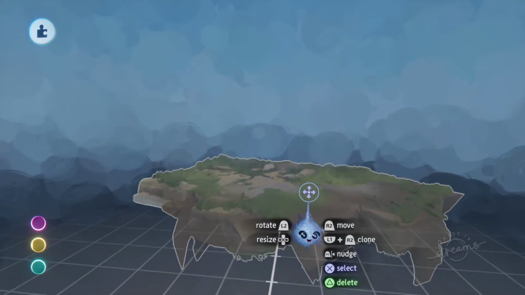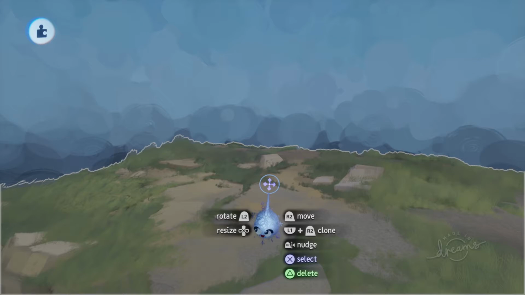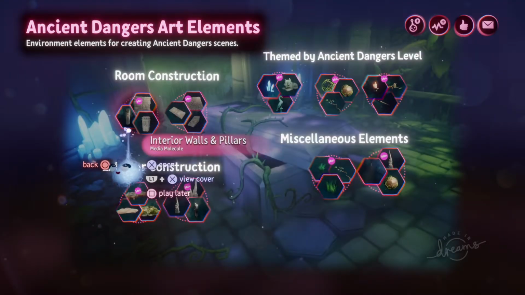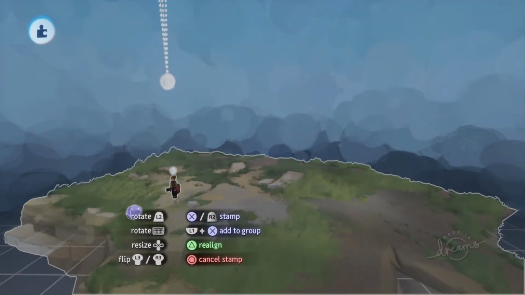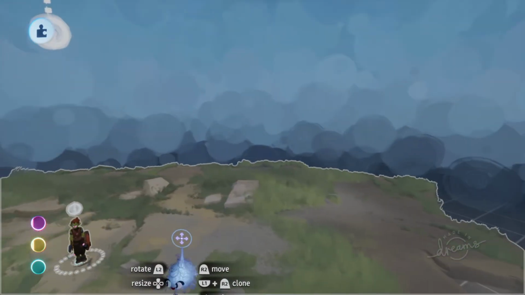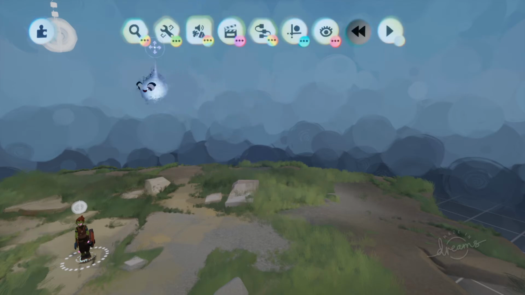box that was there. So the first thing we probably want to do is put in a character to move around. So we'll back out of that and we'll go to player characters and we'll put a character down right there. And since this is going to be the last level in our game, we want to go to